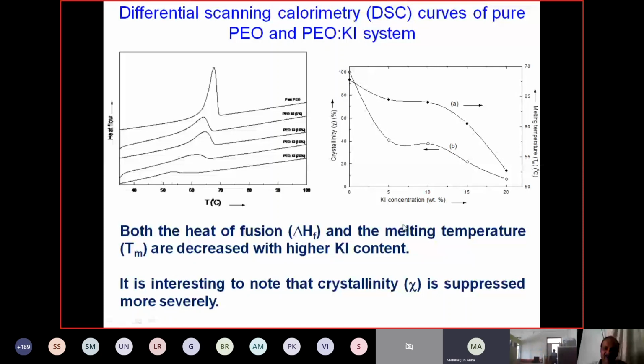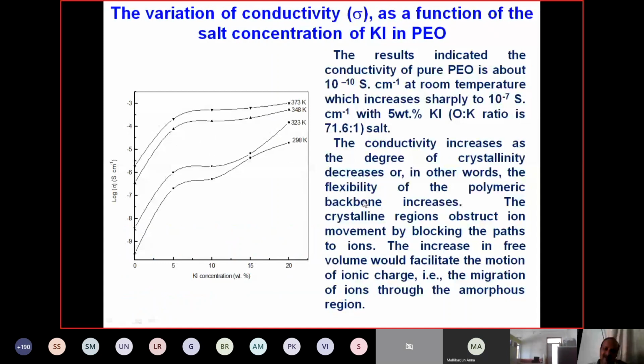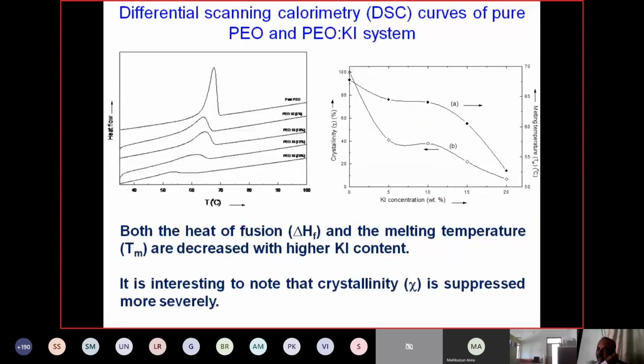Okay, sorry. Now I have given the clear picture about the DSC, XRD, and optical micrographs, where we added the salt to the polymer, how as we increase the content in the polymer, the crystal nature is changing. We already explained that, right? Whenever we are increasing the salt, the crystal nature is decreasing, right?